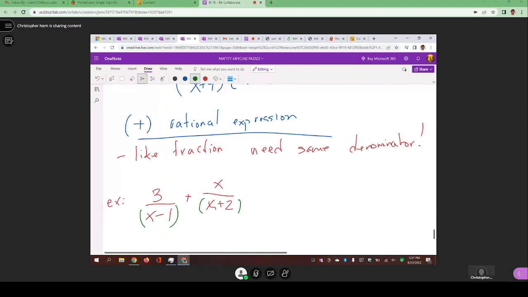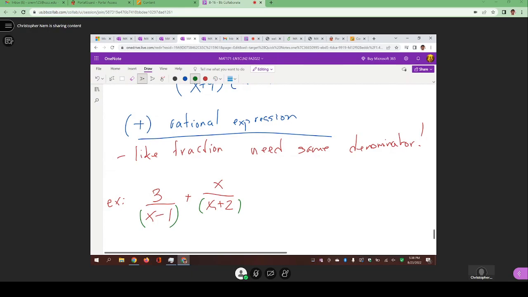And I don't recommend trying to guess a random factor here. That can be ridiculous. These guys, the lowest common denominator, if you recall back, if you have trouble finding that,